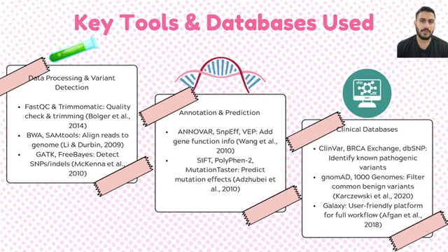Once we find them, annotation tools like ANNOVAR and SnpEff add information about how those mutations affect genes and proteins. To predict if a mutation is harmful, we use tools like SIFT, PolyPhen-2, and MutationTaster. Finally, we compare these variants against clinical databases like ClinVar and BRCA Exchange to check if they are already known